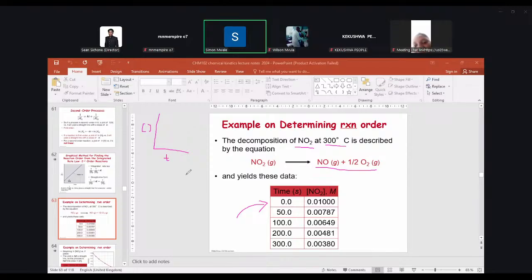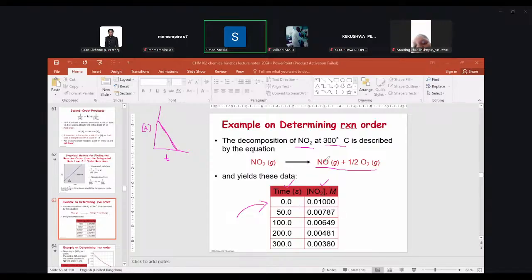For a zero order reaction, it will give you a straight line like this one I showed you earlier. So from this data, you can plot concentration versus time. If it gives you a straight line, like you have seen here on the board,